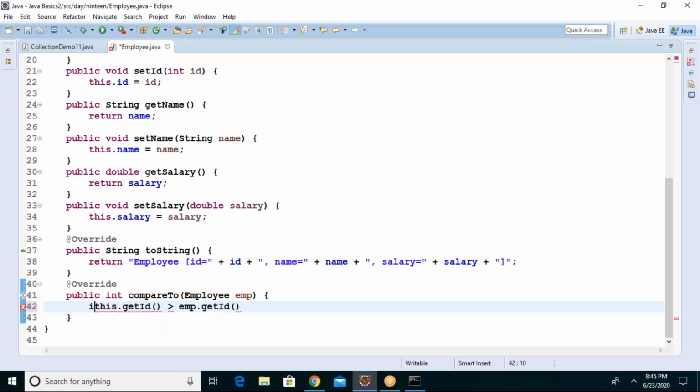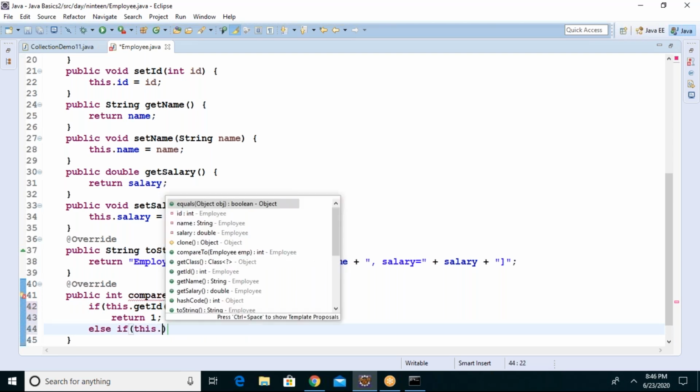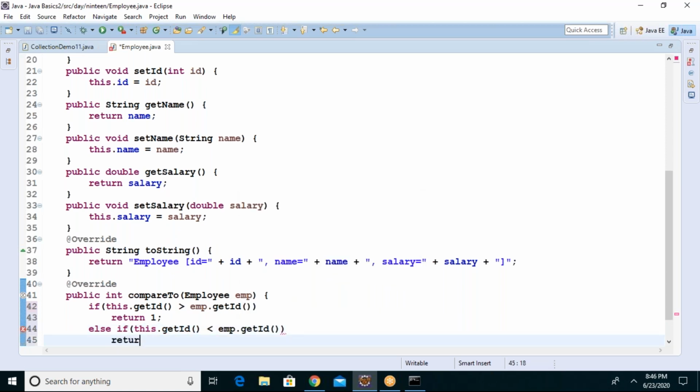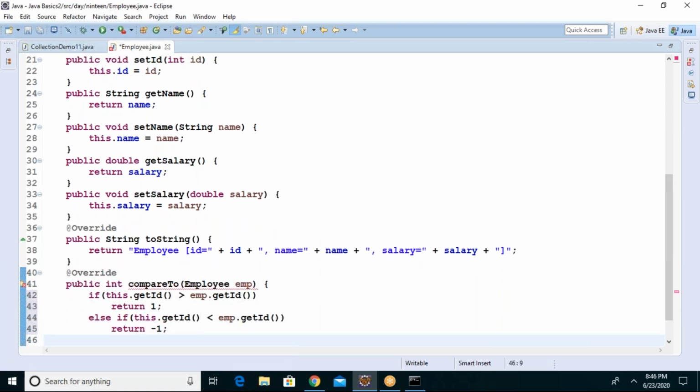So you put this under a condition: if the current object's ID is greater than the coming object's ID, return a positive value, 1. Else if this.getID, the current object's ID, is less than the given employee object's ID, return -1, a negative value.